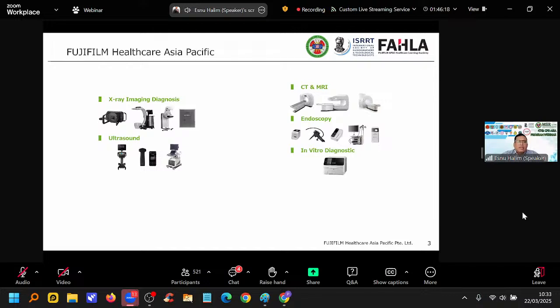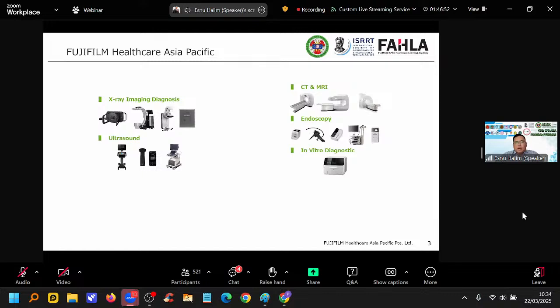And then over the years, things changed. The demand for film has reduced. What Fujifilm did to continuously sustain in the industry is we evolved into a modality company, where we expanded into digital X-ray solutions and X-ray systems. We have an ultra-portable system that is widely used for TB screening, for mobile work, for home work. And then we have